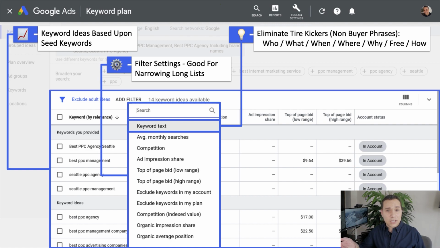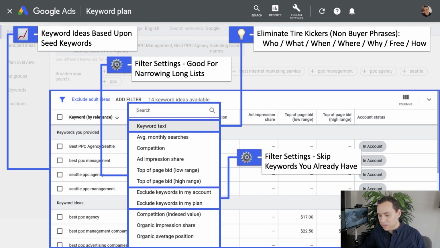Now, if you were trying to use this tool for SEO, awesome. You'd actually want to only find those keywords. But these are the keywords that you actually don't want to use. This search is also going to be helpful when you're putting together your negative keyword list, but I'm getting ahead of myself. So the only other thing you might want to do is filter out the keywords you already have in your account or plan. So if you're going through this multiple times, you're doing multiple searches, you might want to go ahead and filter those out so you don't wind up looking at the same set of keywords over and over again.